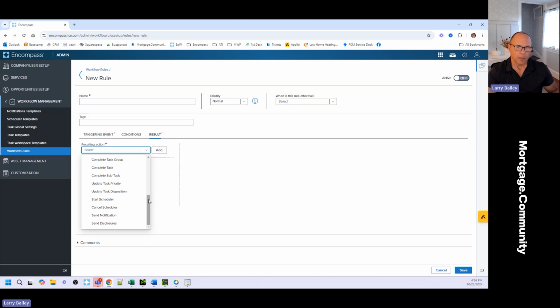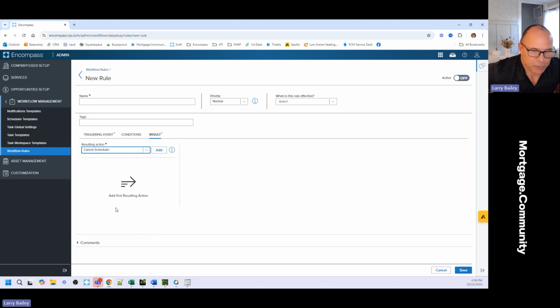All right. I want to talk about this, cancel scheduler. So using Angela's situation, the one I explained earlier, we want the initial disclosures to go out, but what if the loan becomes adverse and it's still running? We don't want it to still run. We don't want it to send out that reminder because maybe it's not just one notification going out.